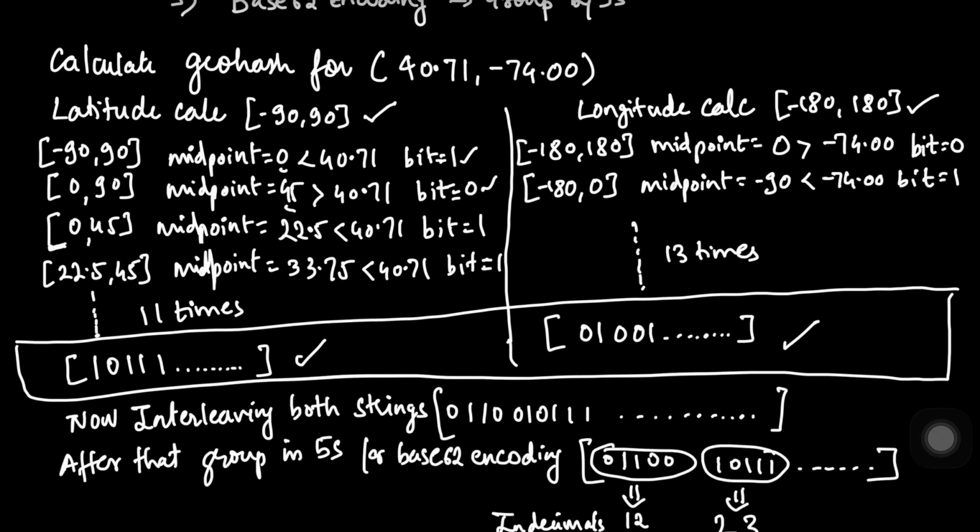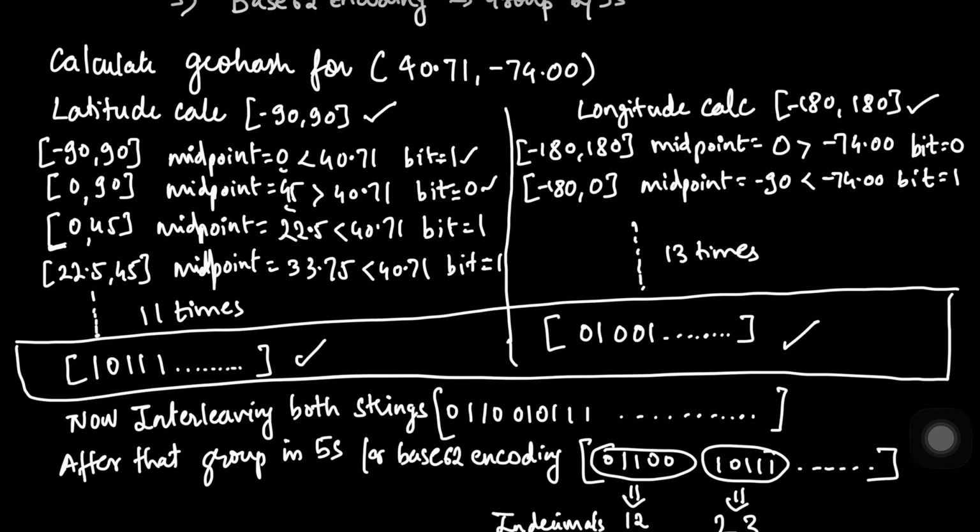Once we are done with the calculation of these bit arrays, we interleave both strings. We can call them arrays or strings, whatever we want. So once we have got the strings, we interleave the strings. Now what we mean by interleave is that we take one bit from the longitude string and one from the latitude string